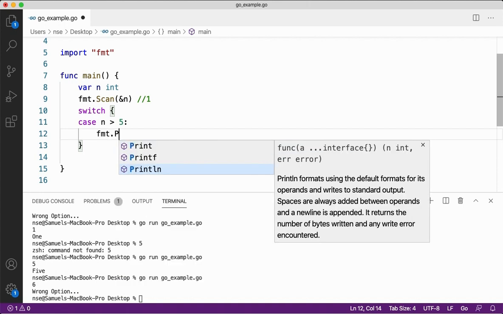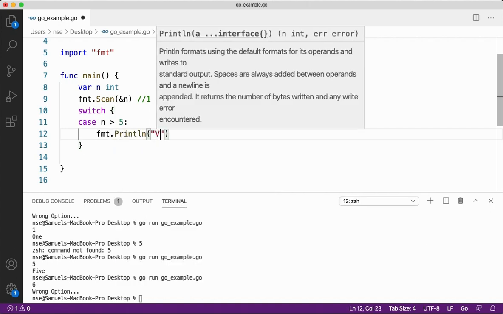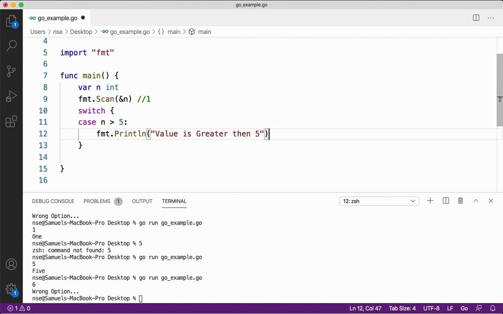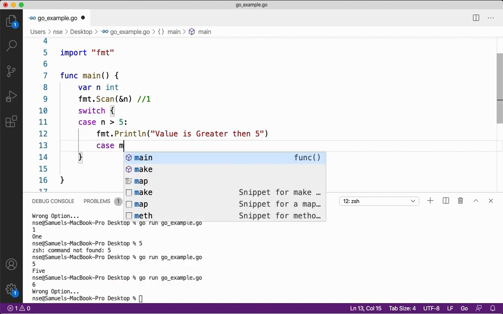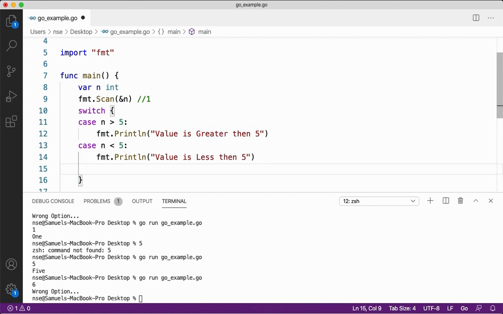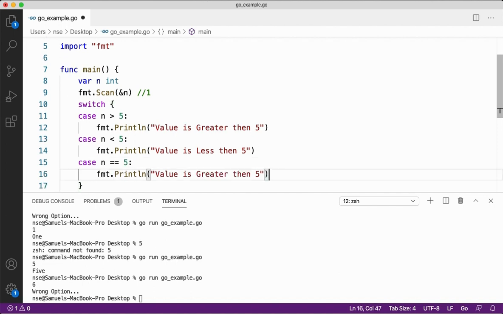I'll say fmt dot println, I'll say value is greater than 5, right? I'll check one more condition. I'll say case n less than 5, I'll say value is less than 5, right? So here I'll say case n equal to 5, I'll say fmt println value is equal to 5. Okay,